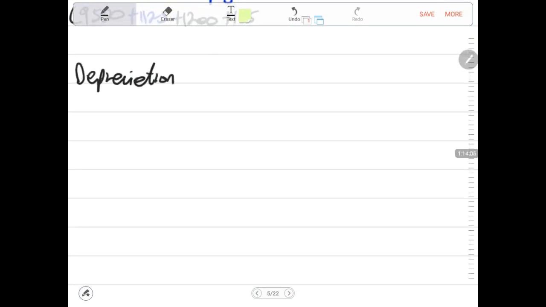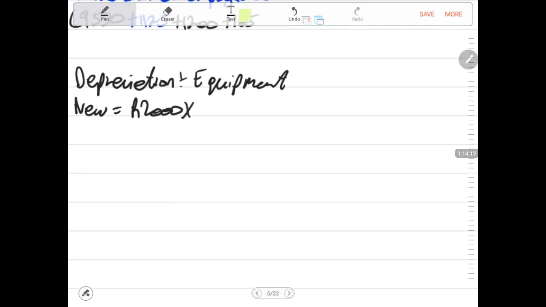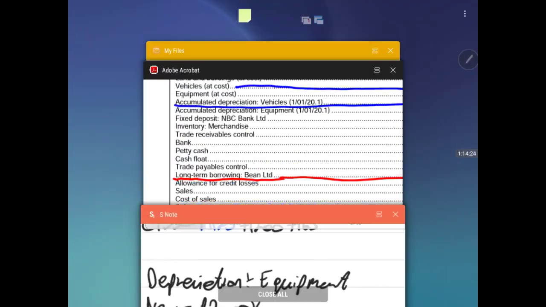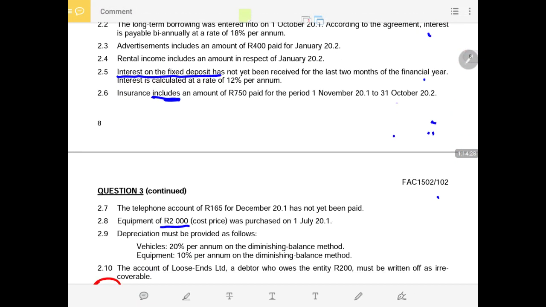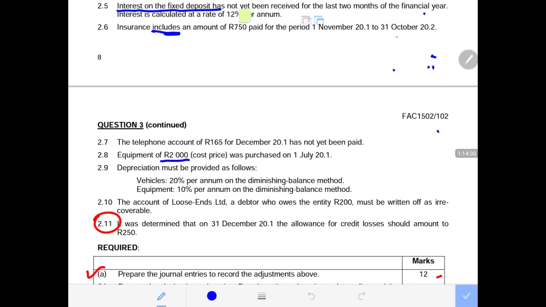Depreciation on equipment. Let me start with the new equipment. The new equipment cost was 2,000, and at the time it was bought, it does not have accumulated depreciation. We multiply it by 10%. I think depreciation for equipment is 10%. On vehicles it was 20%. Yes, equipment is 10%, so 10% of that cost